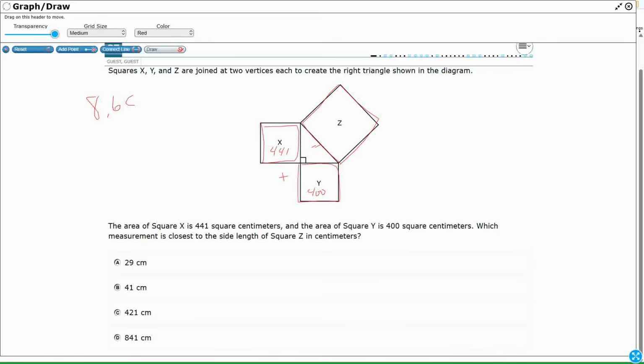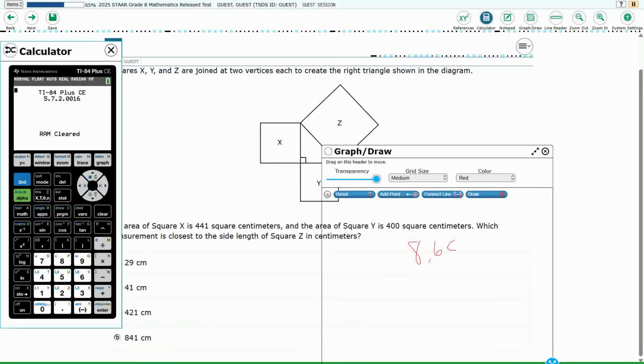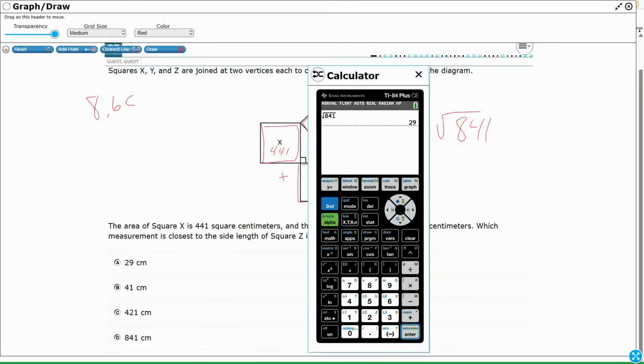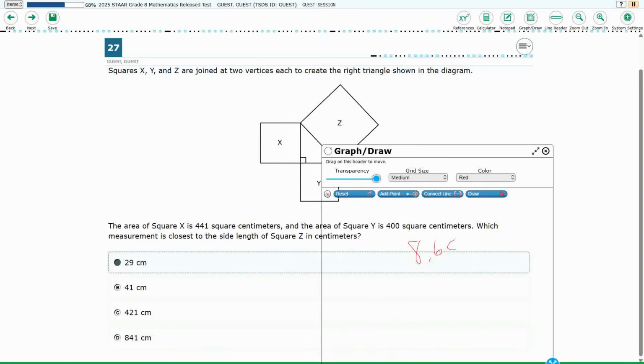Okay, so first off, let's add these. So 441 plus 400 is going to be 841. It's a square, so in order to find the side length, right, the area is side times side, you're going to need to end up taking the square root of 841, right? Because in order to get 841, you multiplied the side length times the side length, or you did the side squared. So 841. All right, so 29. All right, so there we go. So then our answer is going to be A,